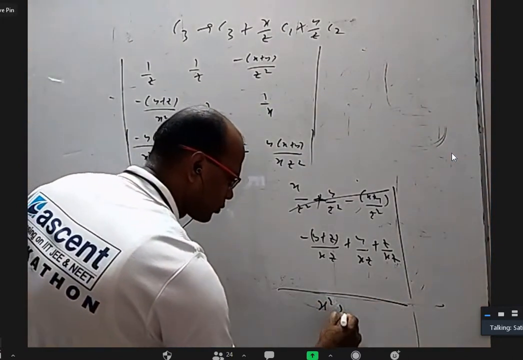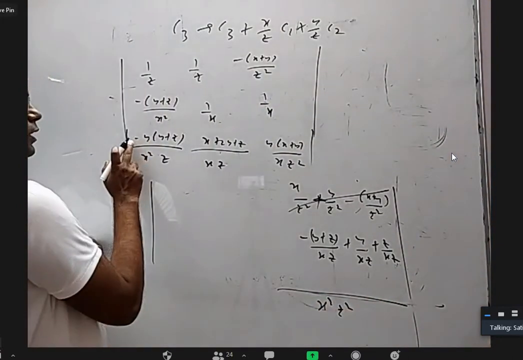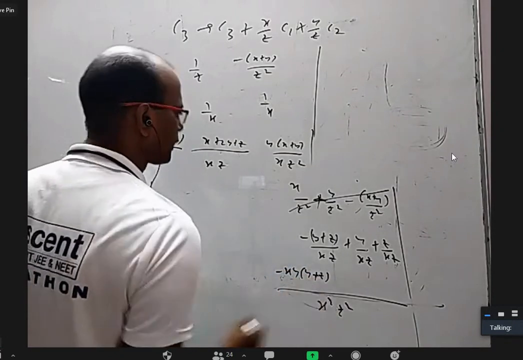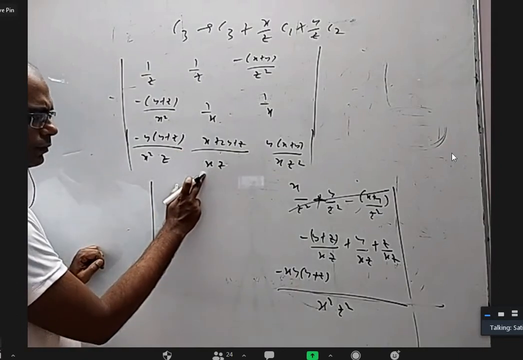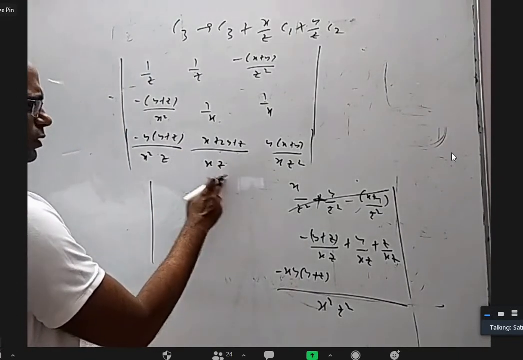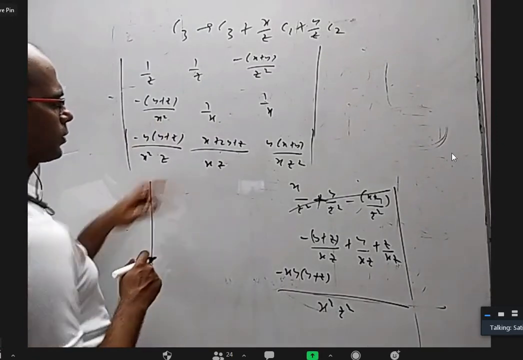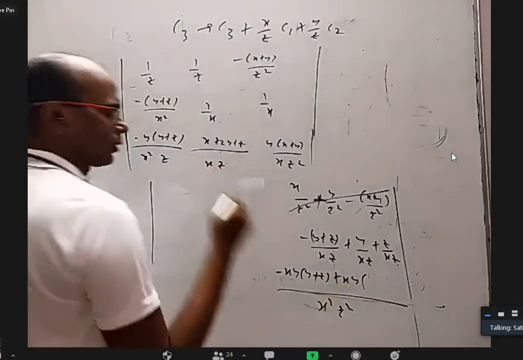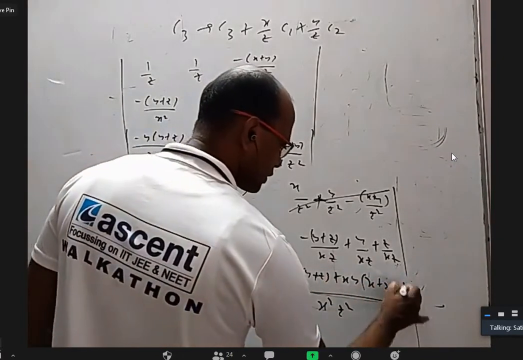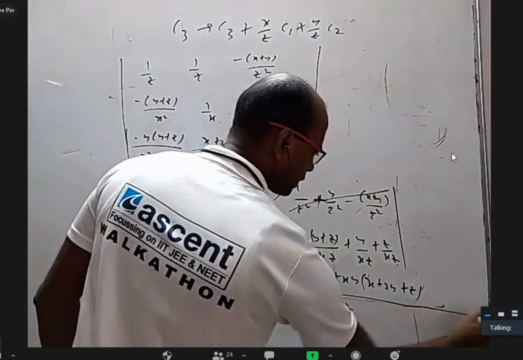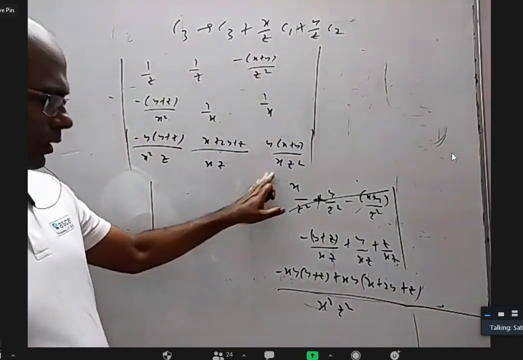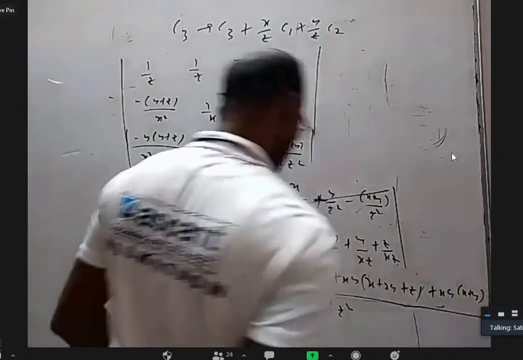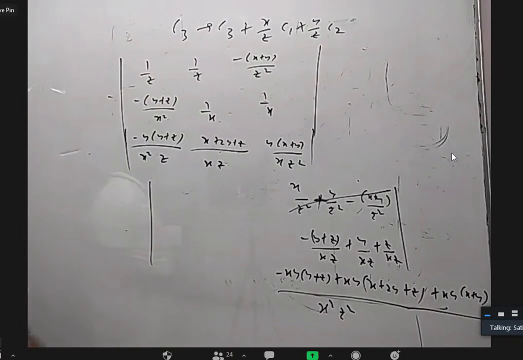Denominator is no doubt x square z square. What about the numerator when I multiply the x here, z here? Minus xy into y plus z. Here y and here z. But then I'll get xz square, so it's better to multiply with xy then. I multiply with y here, z here, one more xy. Xy times x plus 2y plus z. Next, I'm not doing anything here, but I want this to multiply with x here. Plus xy times x plus y. You can see now, this is 0.